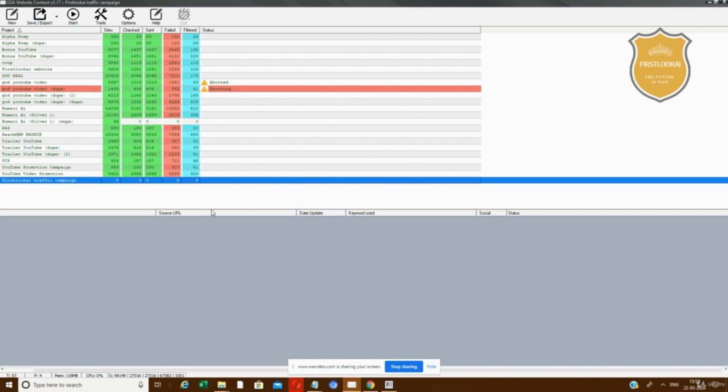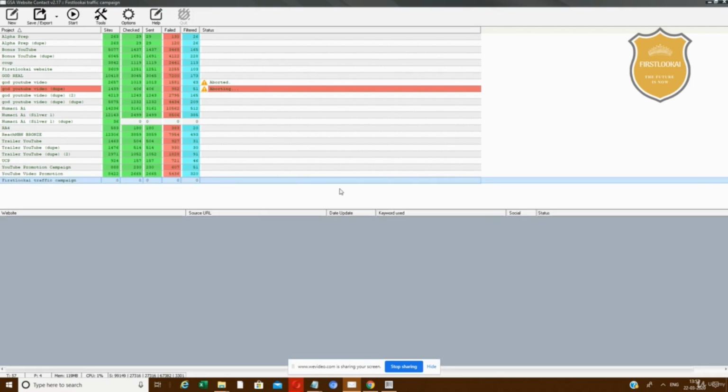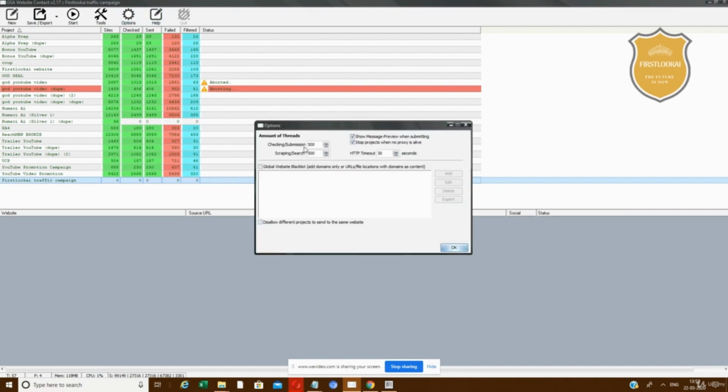So you can also duplicate the campaign by clicking on this and duplicate to speed up the process. But I recommend running one campaign at a time, guys. If you have a lot of proxies, if you have a lot of captchas, you can run unlimited campaigns for lifetime. Go to options. Checking submission, you give 300, 200, whatever you want. The good number should be like 300 to 500.